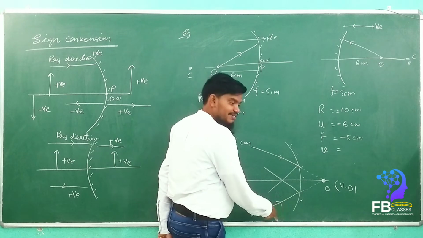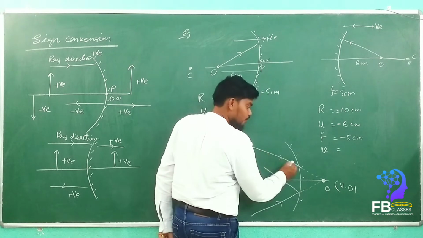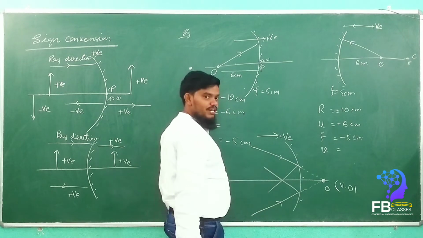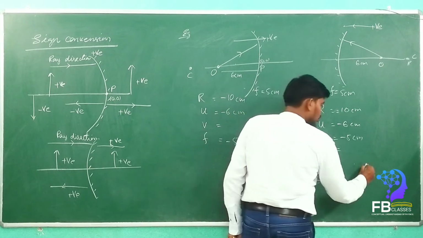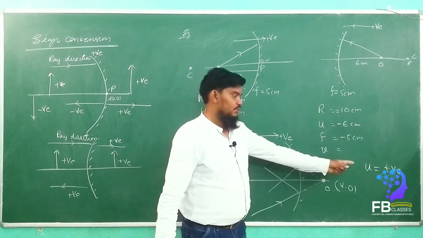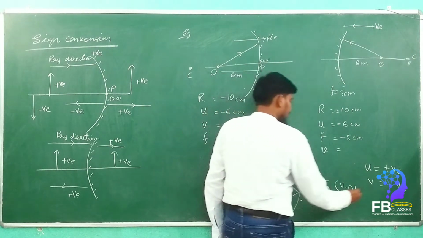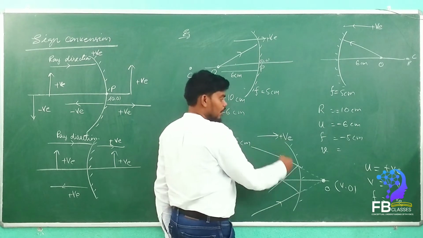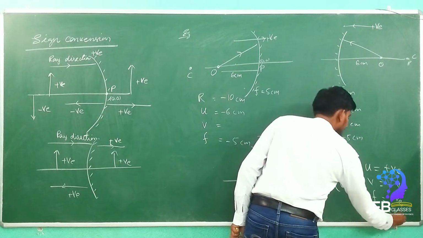Now if you take this diagram, which is the useful ray? This is the useful ray, right? So this direction we have to take as the positive direction. If you take it as positive, then see here, the object is on the positive side, so U is positive because it is a virtual object. V is negative. Then F is negative, so F will be somewhere here, in the direction opposite to the useful ray. And R is also negative.